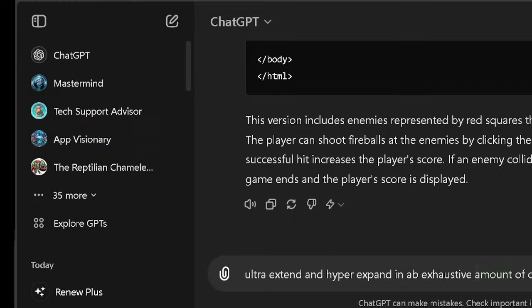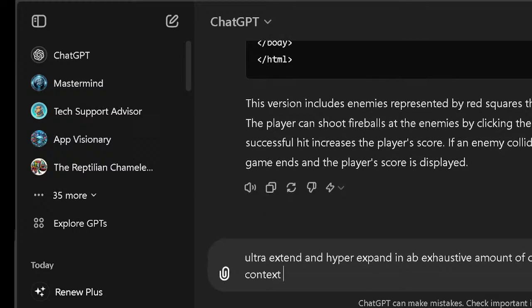It's called code matter. Fill to 100% context density and